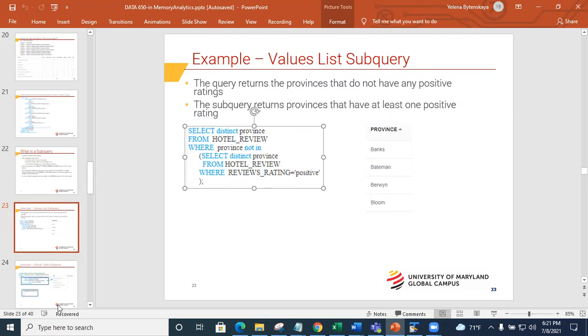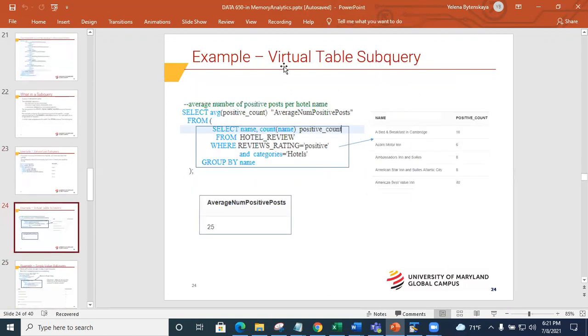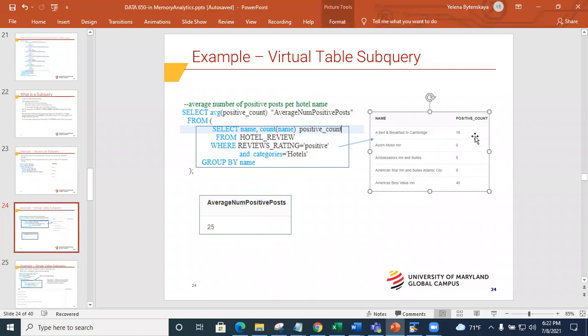Now in here, this is an example of the virtual table subquery, right? So here the subquery returns the hotel name and the number of positive reviews, and then it's taking the average.